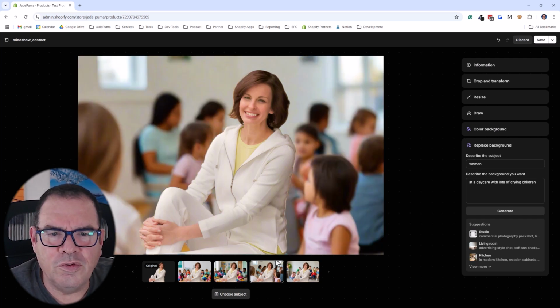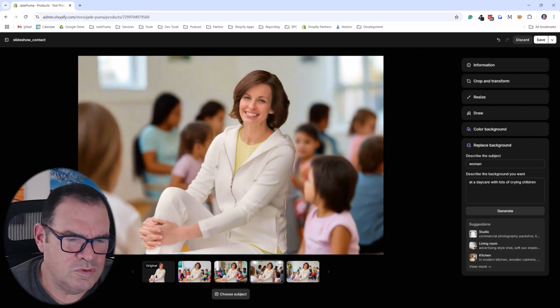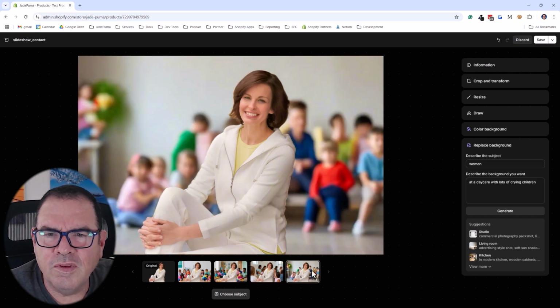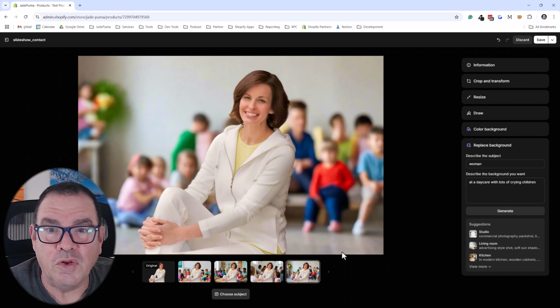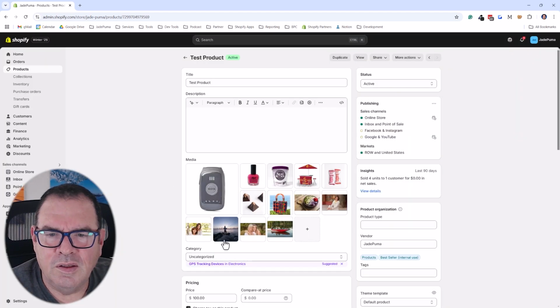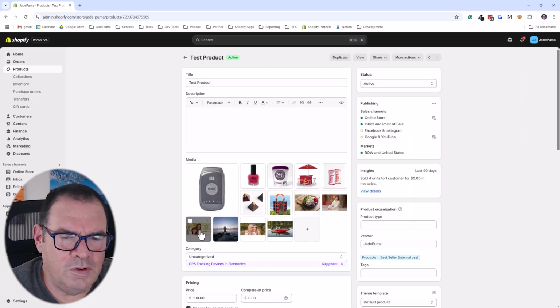The third one, there's a little depth of field issue with this girl over on the left, but I can't see anybody crying. Last one, so all of them have children. None of them can I tell that they're crying, but it changed out the look and feel of that image quite a bit there. So let's move on to our next lifestyle image, and that will be these two women, a mother and